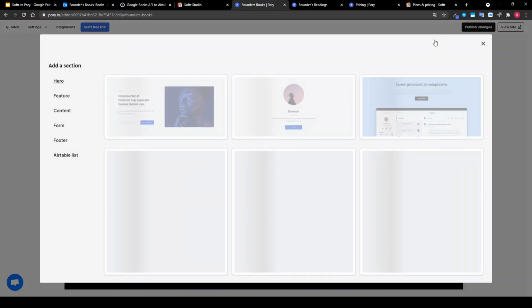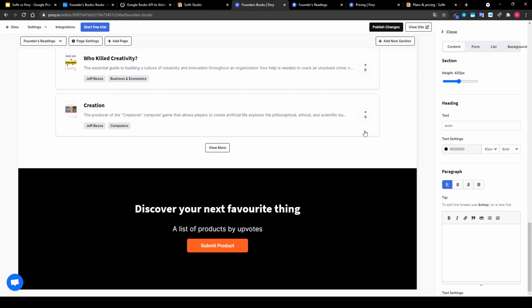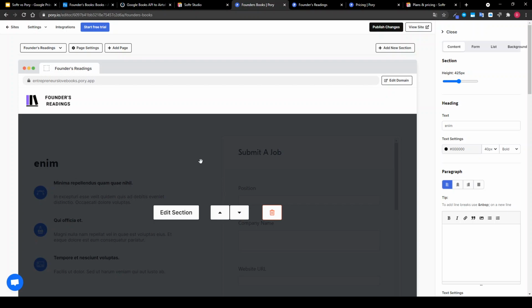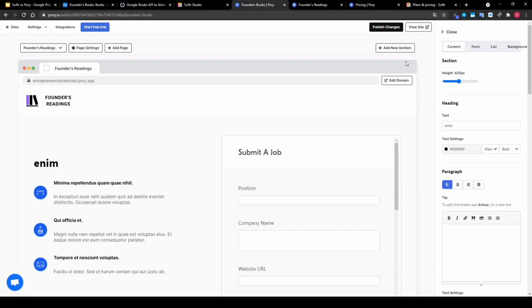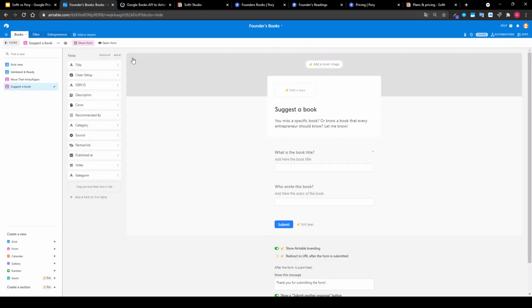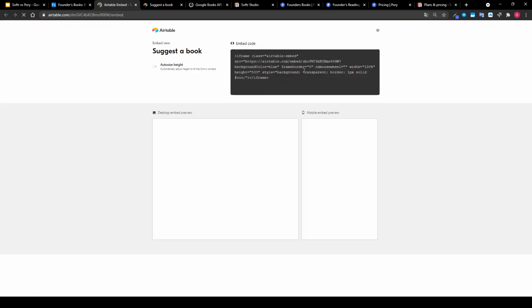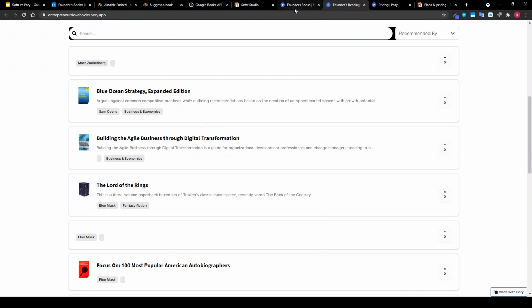And the next step is now this feedback mechanism. So we can now integrate a form. Where is it? It's here. Okay. If you want to integrate the form in Pory, they have another approach than Softr. So here you will have to use embedded code. So in Airtable, you will set up your form and click here, share, preview. No, it's not preview, sorry. Embed this form. Then you copy this code here and put it